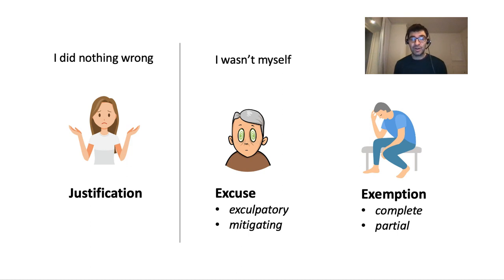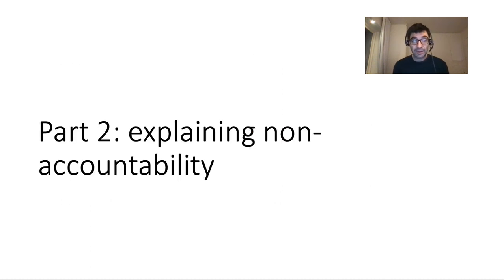And so we are mainly interested in the second and third kind of plea, excuse and exemption, where a person is not, or at least not fully, morally accountable despite having done something wrong. And the question is then, what exactly explains why in each of these cases the agent is not morally accountable? For example, why exactly is it that addicts or psychopaths are excused or exempt from moral responsibility? And we will talk about that in the second part of the lecture.